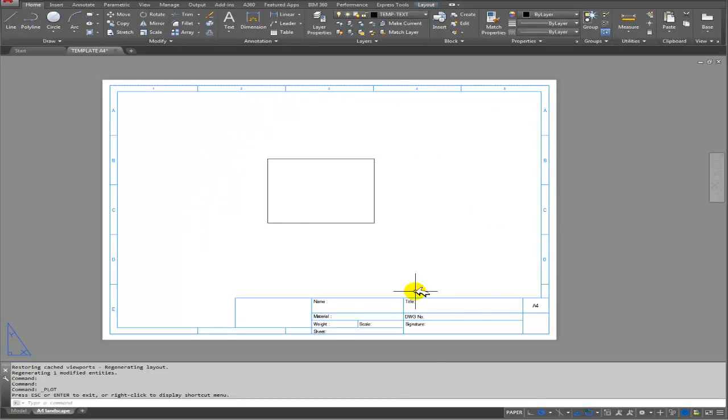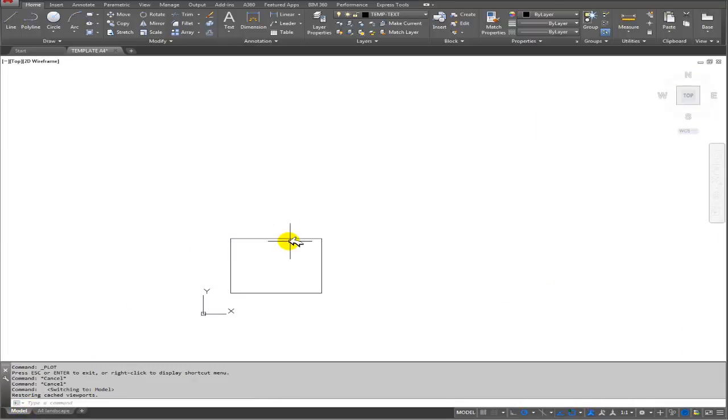Once we create this title block, we save it into an AutoCAD template file, and we could open any drawing and import this layout anytime we want to. So that's the idea of this lesson. So what I've done is, first of all,